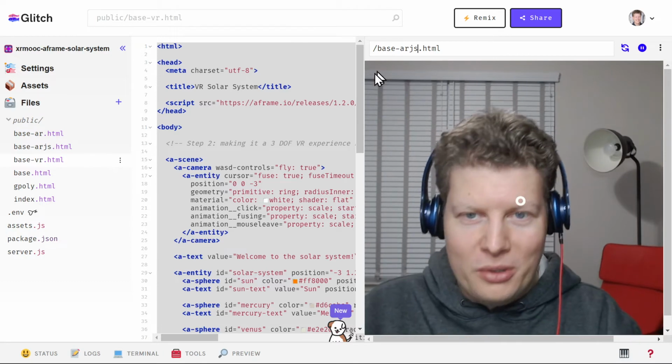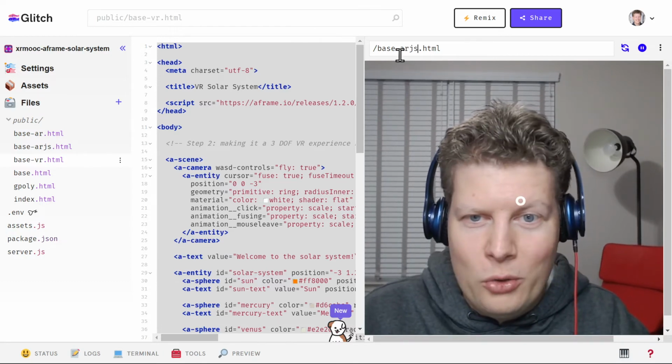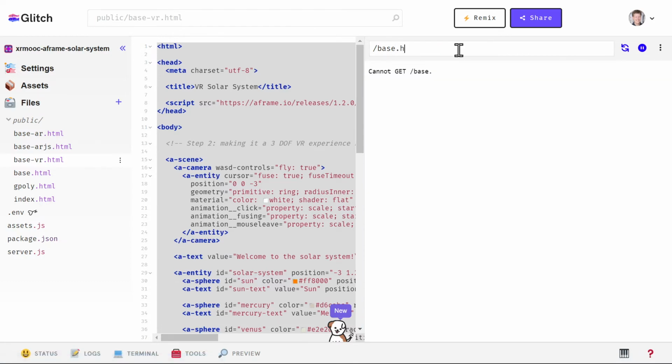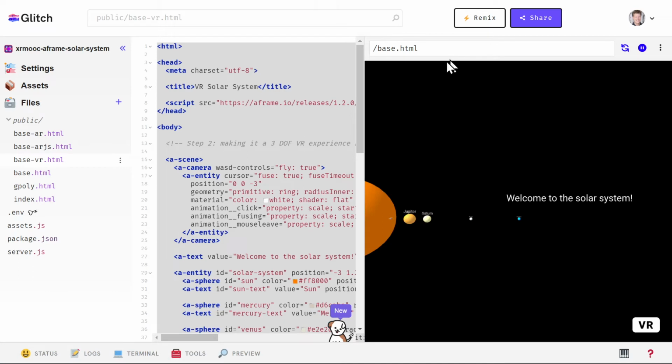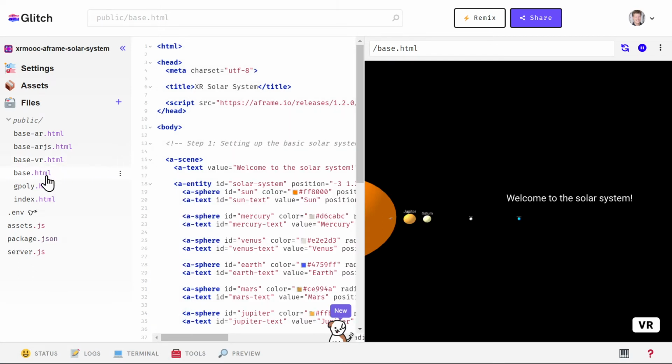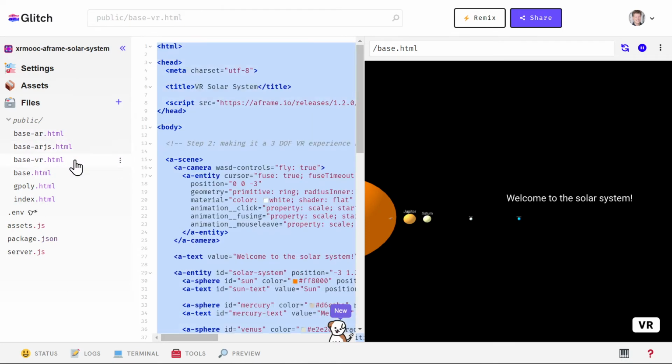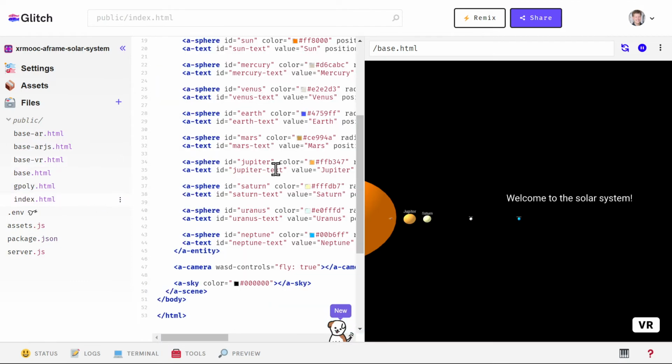Anyway, that's pretty cool, and I will just go to the base again. If you wanted to modify this project, you go to whichever base you want, the 3D base, the AR base, the AR.js base, or the VR base. You take that whole thing and copy it into index.html and start editing it,